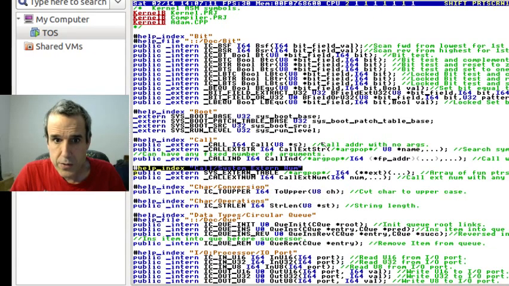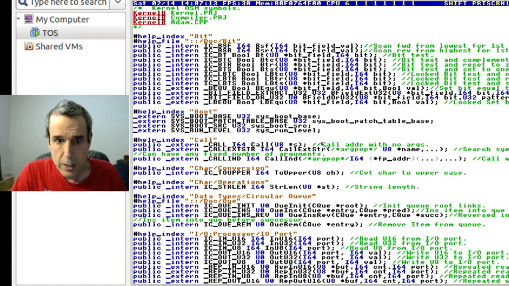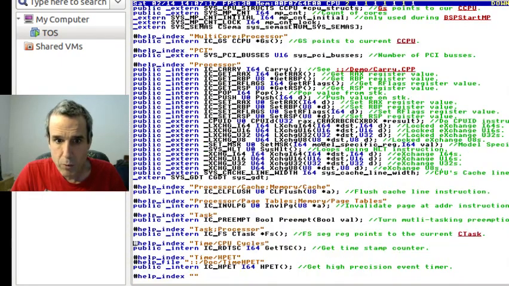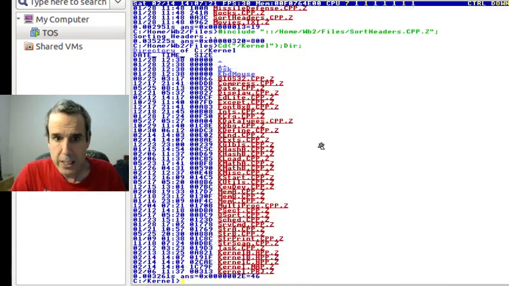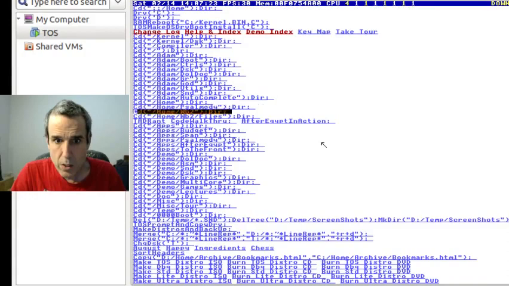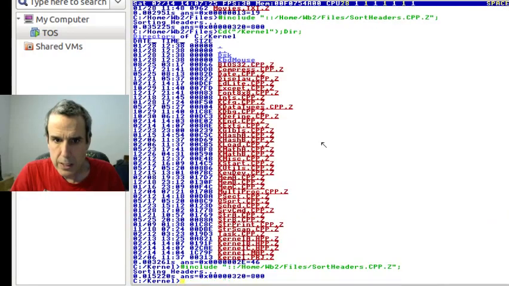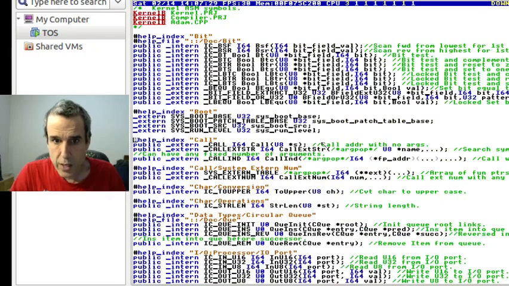Let's take this system call thing and put it towards the bottom. So call system is towards the bottom. Now if we say sort headers, it will have repositioned it. It's kind of tricky. Anyway, call system, it's back at the